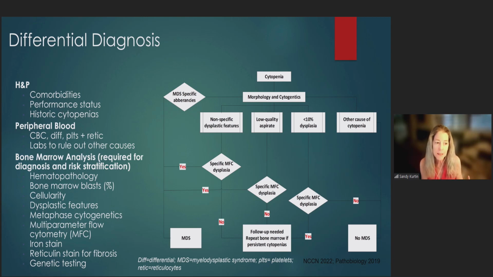And then ultimately, we're going to look at peripheral blood, but you need a bone marrow biopsy to make the diagnosis. So if you see a patient and they say, I have MDS, and they've never really had a bone marrow biopsy, that's really not adequate for diagnosis. And as we go through this classification change, it becomes very clear, at least to me, why that's necessary.